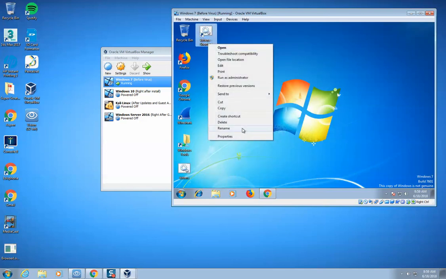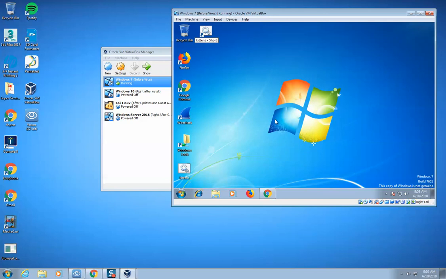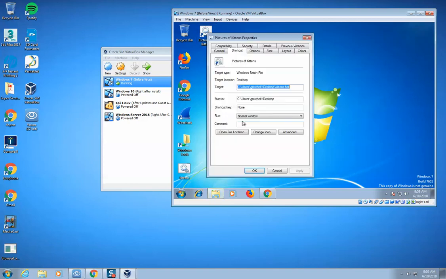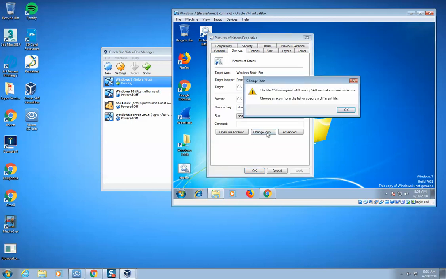And now this shortcut, let's call this pictures of kittens. Okay. And then now I can go to properties, and now I have more things on here. One of them that I have is change icon, so I can click on the change icon,